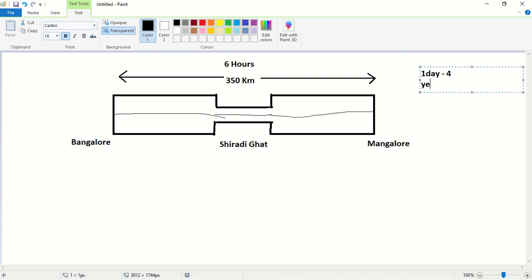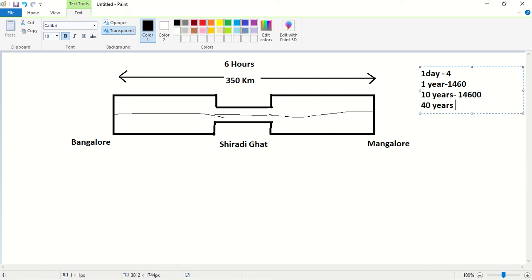For 1 year, how many vehicles can travel? In 1 year, only around 1460 vehicles can travel on this highway. In 10 years, how many vehicles can travel? In 10 years, only 14,600 vehicles can travel. In 40 years, how many vehicles can travel?